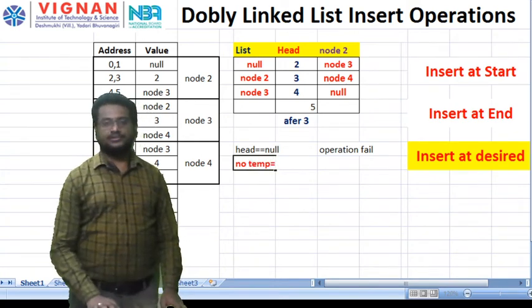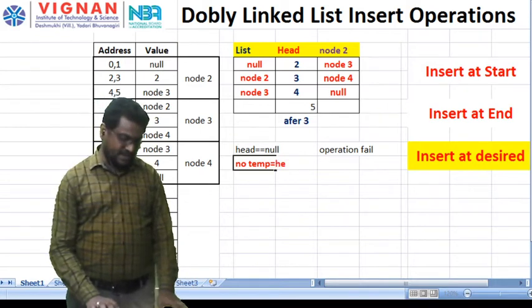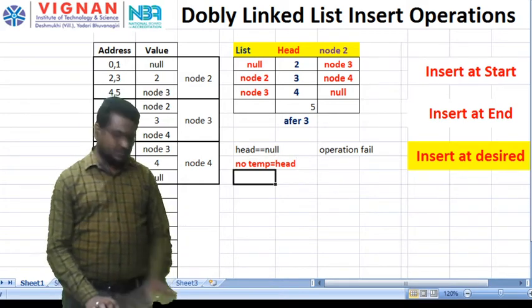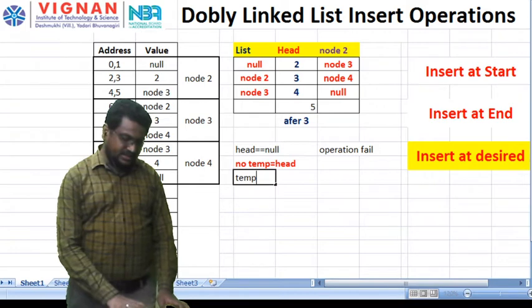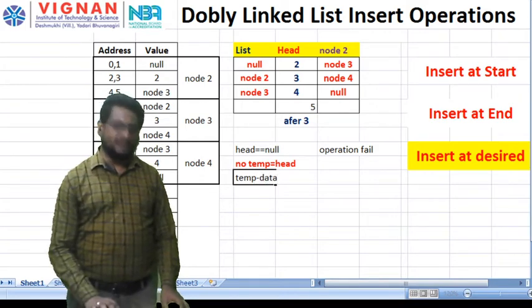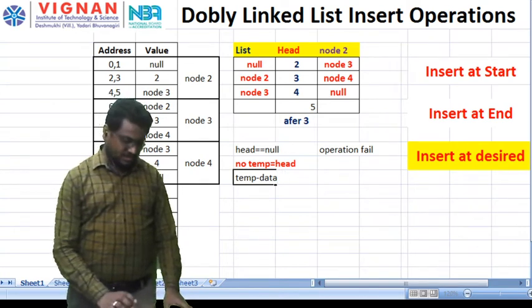For searching, I am using the temporary variable as usual. First, I will store the head value in the temporary variable. Next, I am checking whether this temporary variable data is equal to the desired value or not.